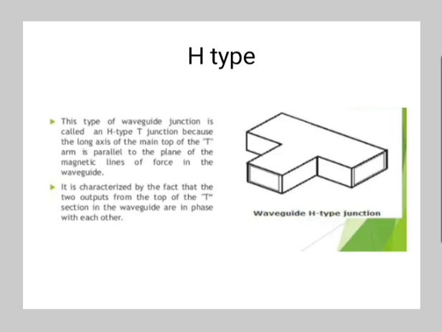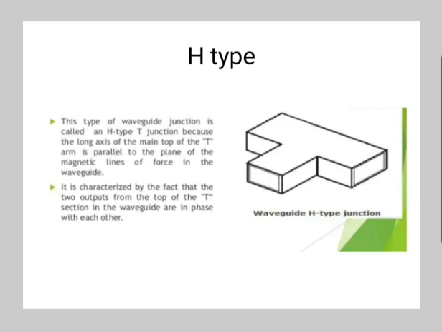So it is a waveguide T in which the axis of its side arm is shunting the E field, or parallel to the H field of the main guide. The H plane T is formed by cutting a rectangular slot along the width of the main guide and attaching another waveguide, that is the side arm, called the H arm.